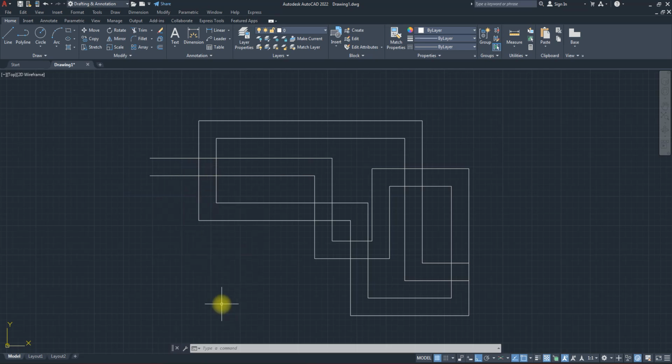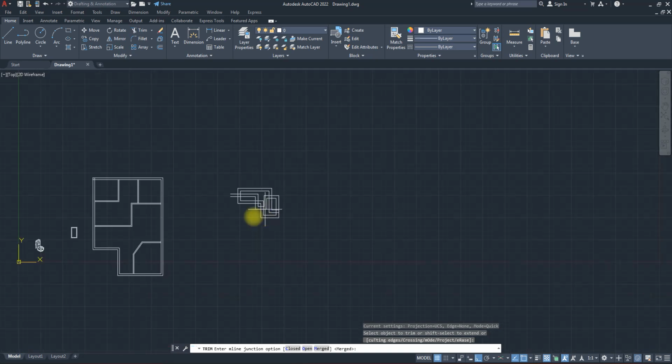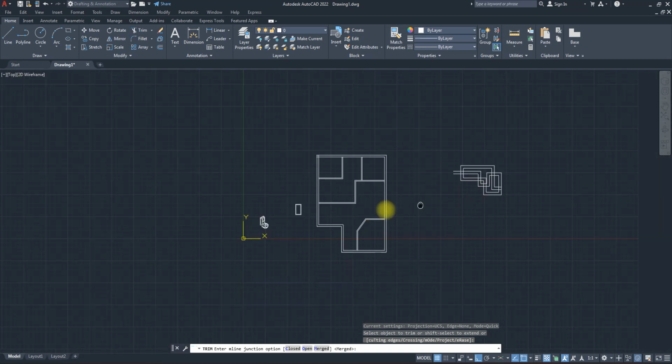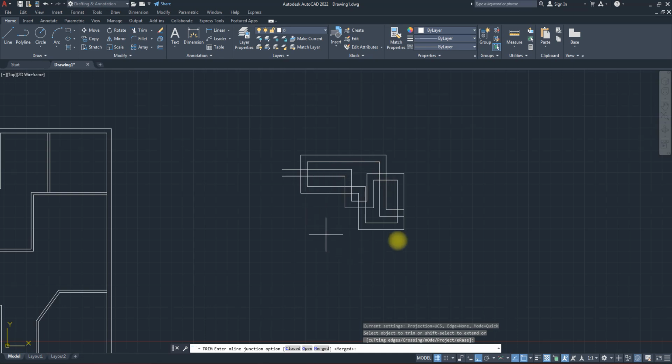So if I come here and I use my trim command, can you see what is happening? It's not trimming. Should it see that? Let me run trim again. I want to trim this guy. So let me run my trim command, TR for trim. I want to trim this guy. Notice if I click it, normally it's supposed to delete. I'll click, it's back. So what comes to mind now is that I cannot actually use my trim modify tool